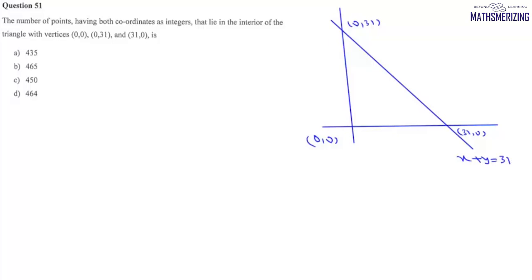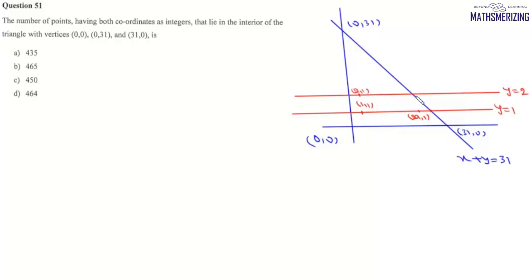Now first we'll count all the points that will lie inside, starting with y equals 1. So I'll start with 1, 1, and then if we put y as 1 on the line, we'll get x as 30. So the last point which lies inside will be 29, 1. If we take y as 2, then we'll start with 1, 2, and on this line it'll be 29, so here it will be 28, 2. So we get the sequence where we'll have 29 points on the first line, 28 on the second, 27 on the third.